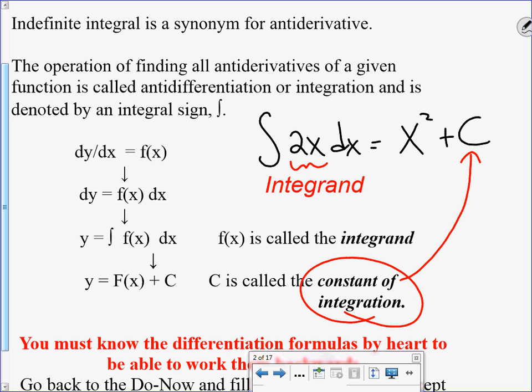Some terminology. What you're integrating, the argument, is called the integrand. I kind of jumped ahead here, but you can call this the antiderivative or the indefinite integral. A lot of times we use the same letter, only we use the capital for the antiderivative and the lowercase for the derivative. So if you start out by saying the derivative of a function is lowercase f of x, you multiply each side by dx,